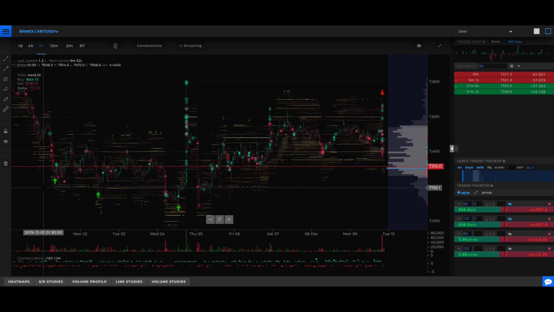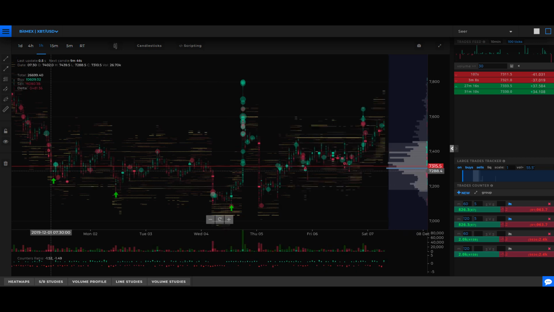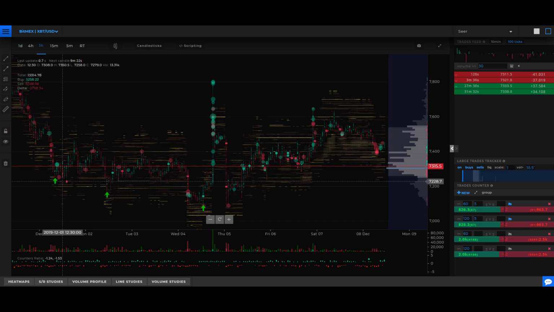You can see there's a couple of delta divergences here, and they did not truly manifest, because what you can see is you had a delta divergence, but you had sell volume imbalance over here. And what you want to see is the buy volume imbalance, and then you want to see the big buys coming in. Essentially you did not have that, and you possibly also want a liquidity grab along with it, some kind of a stop run. And you had a stop run over here, but again you did have a buy volume imbalance, not so many